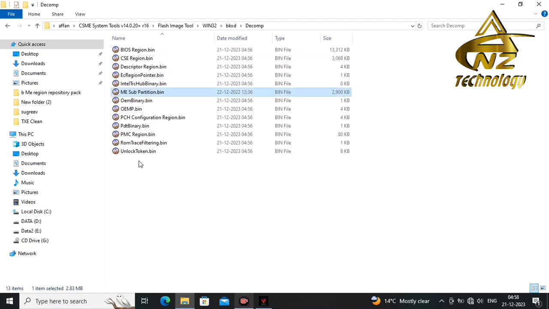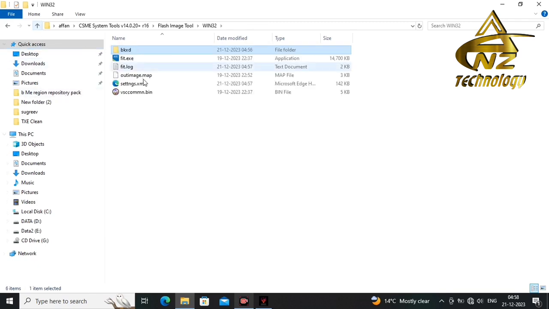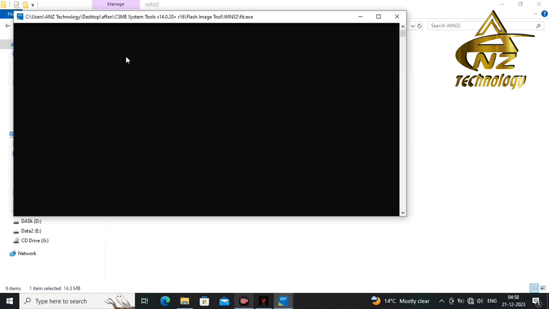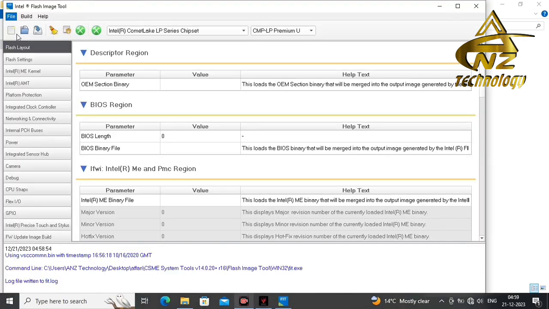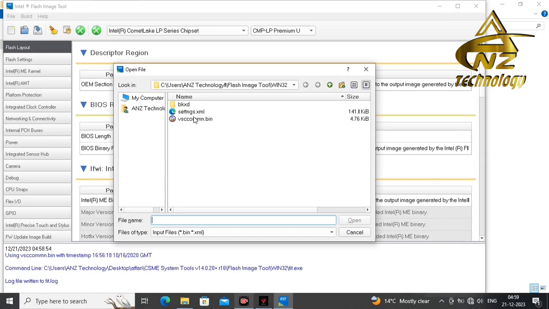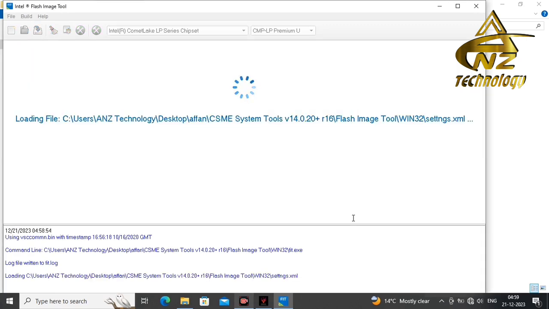So now in the decomp folder, we have replaced our CSME firmware with the new one. So go back and open FITC again. Now we will open our settings file. So click on Open, and now we will choose settings.xml, Open.